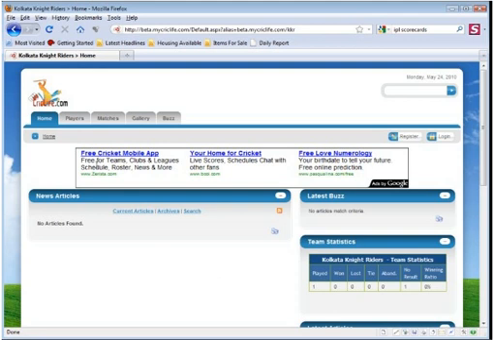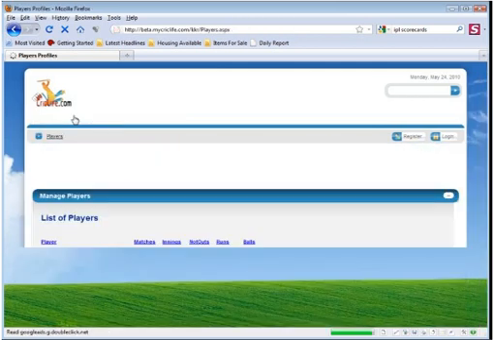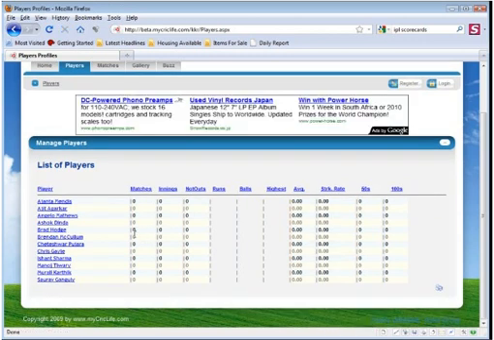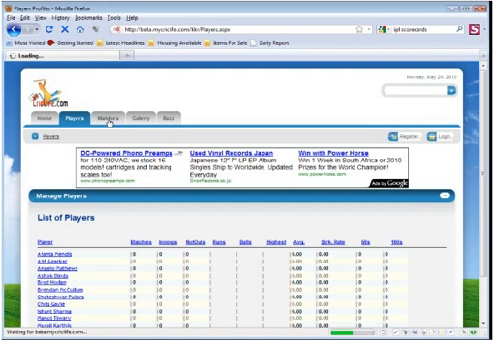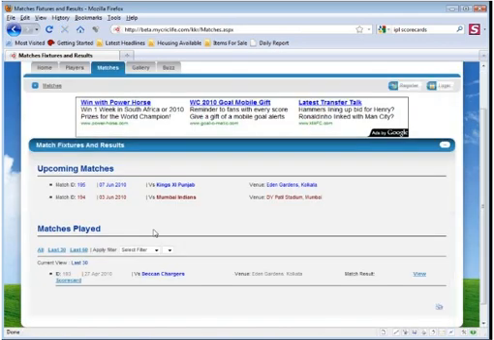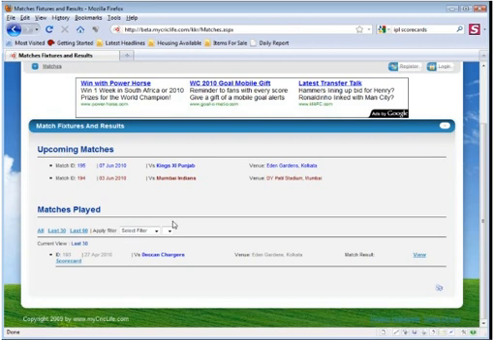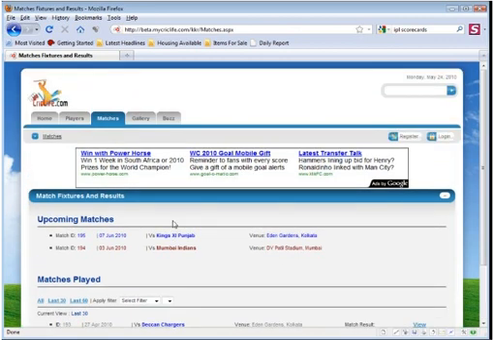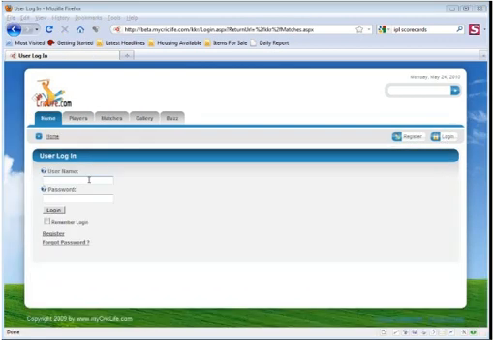Now that we have populated the players and added some match fixtures, let's go ahead and populate a score sheet for one of the matches that have already been played. The match that we are trying to populate is the match against the Deccan Chargers. To populate a score sheet, we need to first log into the website with the credentials that we used during the sign up. So let me log in as KKR admin and provide the password and hit the login